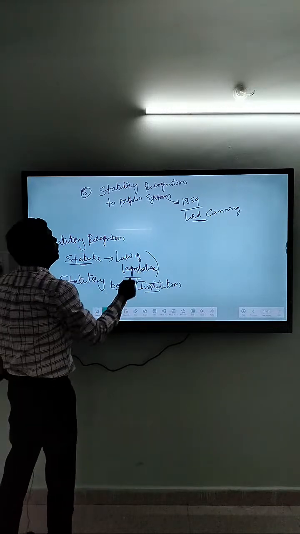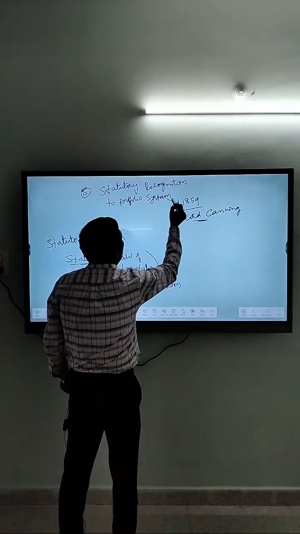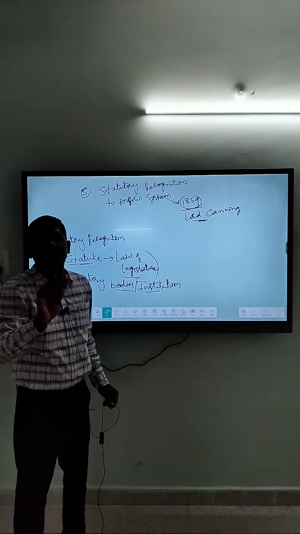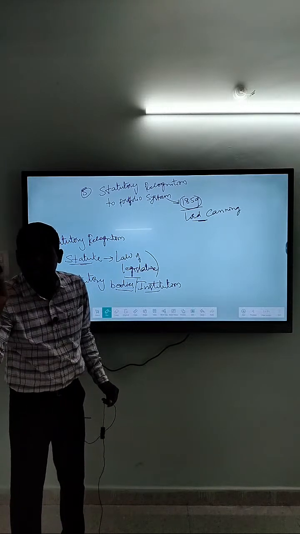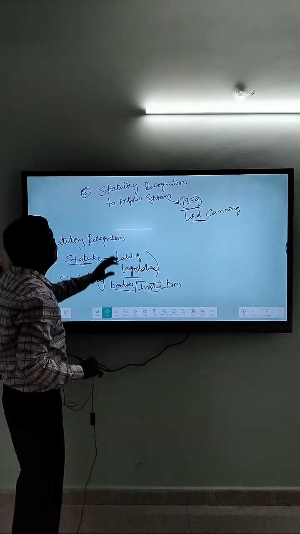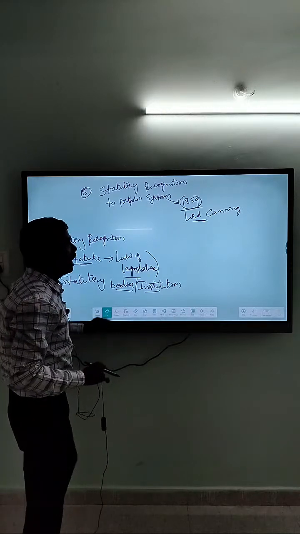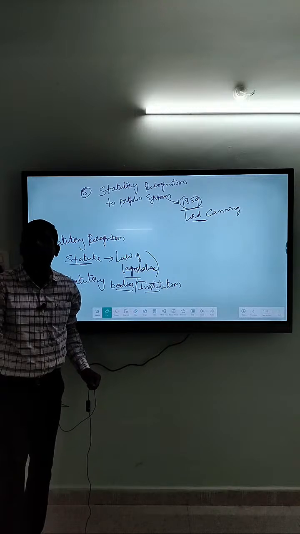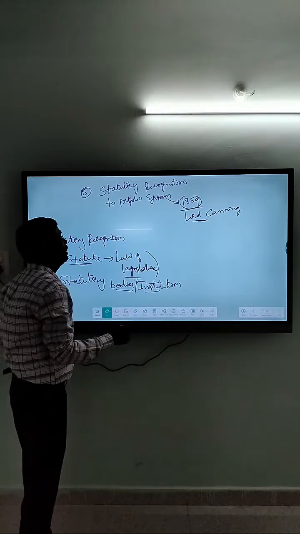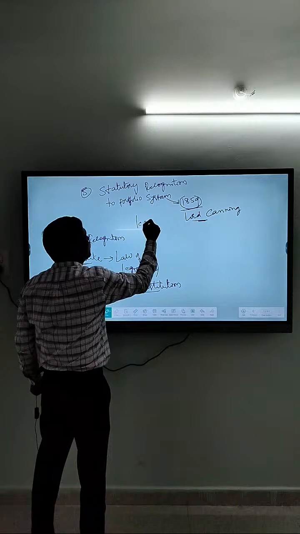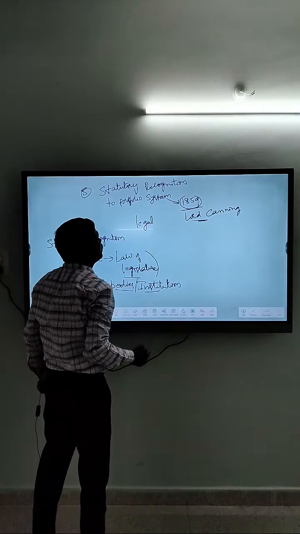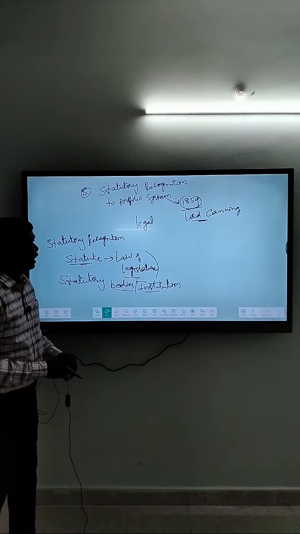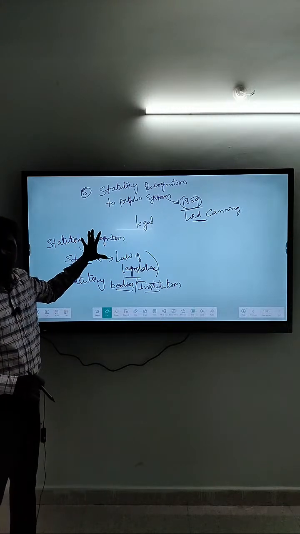Here, though the portfolio system was introduced in 1859, it was not recognized officially. It was not recognized lawfully. Now, by the 1861 Act, we see a statutory recognition being given. That is a legal recognition being given to the portfolio system. Now I think you are clear about the meaning of statutory recognition.